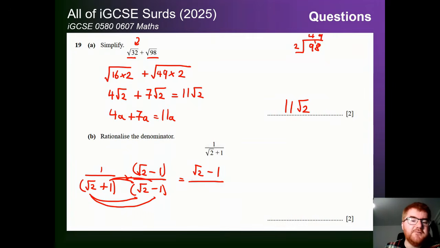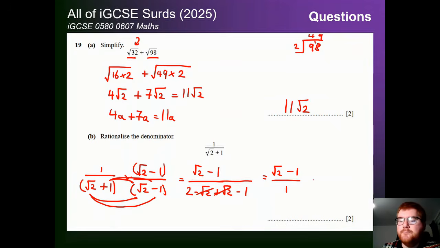Now we use first, outside, inside, last. So root 2 times root 2 is 2. Root 2 times minus 1 is minus root 2. 1 times root 2 is plus root 2. And then 1 times minus 1, careful, is equal to minus 1. We get this nice simplification in the middle, leaving us with root 2 minus 1 over 2 minus 1, that's 1,